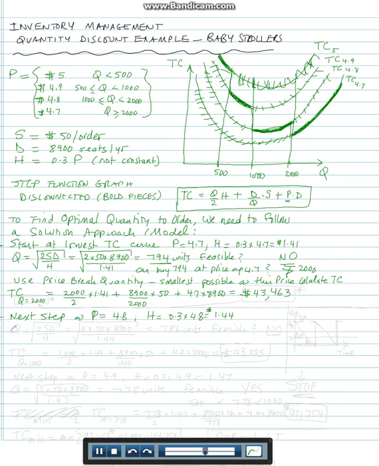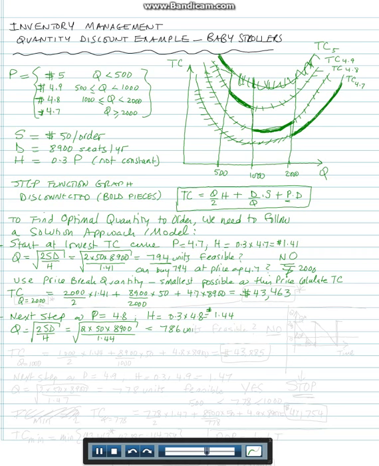Let's calculate the Q at this: the square root of 2SD over H. So 2 times 50 times 8,900. The top part, the numerator, stays the same, but the denominator changes because H depends on P. And we get